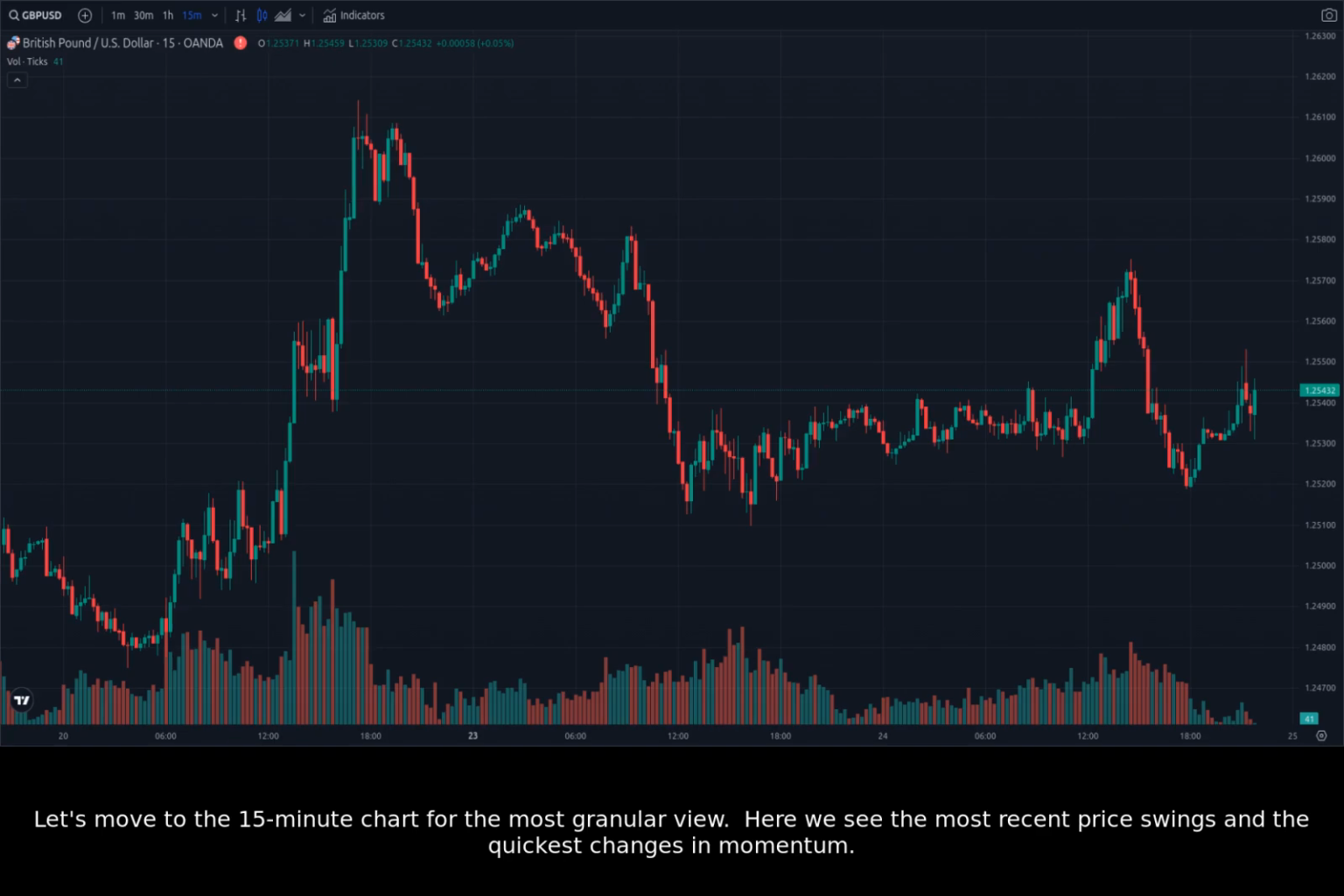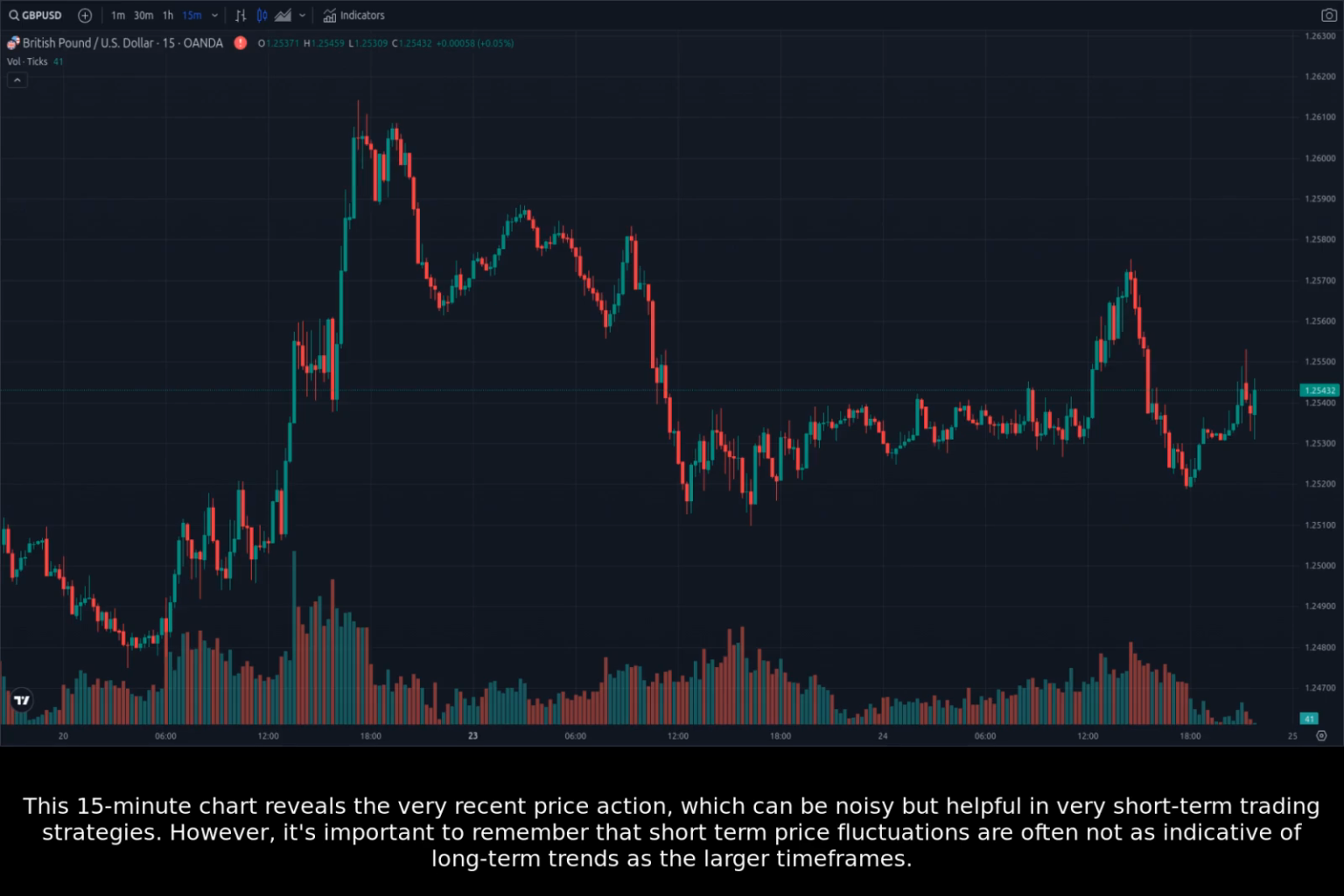Let's move to the 15-minute chart for the most granular view. Here we see the most recent price swings and the quickest changes in momentum. This 15-minute chart reveals the very recent price action, which can be noisy but helpful in very short-term trading strategies. However, it's important to remember that short-term price fluctuations are often not as indicative of long-term trends as the larger